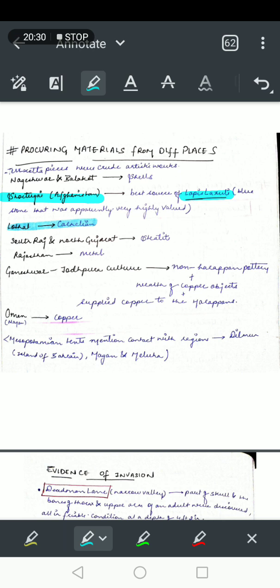So this carnelian is from Lothal, lapis lazuli from Shortugai, Afghanistan, and steatite stone was found in South Rajasthan and north Gujarat. Rajasthan also gave us different metals like copper. It indicates that we obtained copper from the Ganeshwar Jodhpura culture. We also imported copper from Oman,